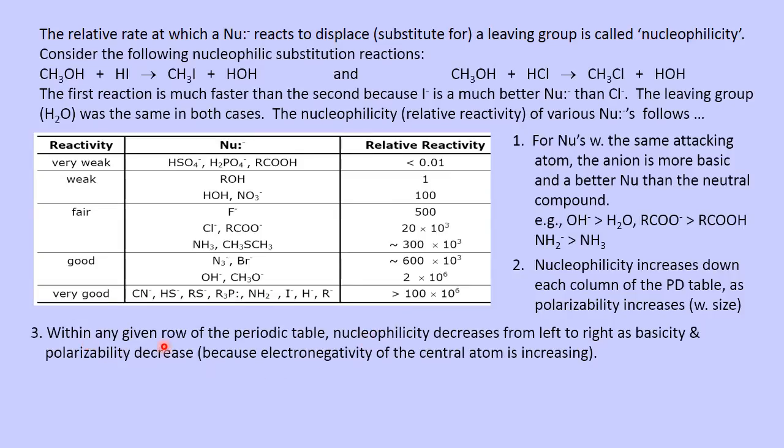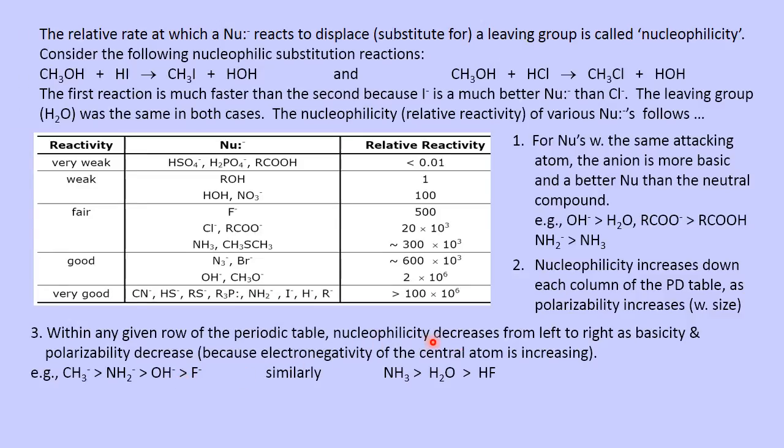Within any given row of the periodic table, let's look at an example while I read this to understand it again. So within any given row, here's the second period, the second row, nucleophilicity decreases from left to right. So you see methide is more nucleophilic than amide, more nucleophilic than hydroxide, more nucleophilic than fluoride. As basicity decreases, so pKb is negative 41, pKb negative 21, pKb negative 1.74, and pKb 10.8. So the pKb is becoming larger, becoming weaker bases, and as expected, they'd be not as nucleophilic, not as good